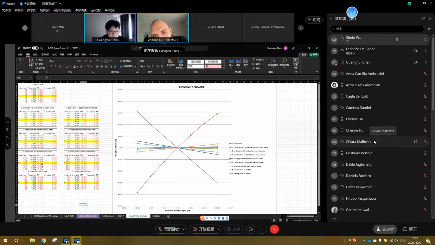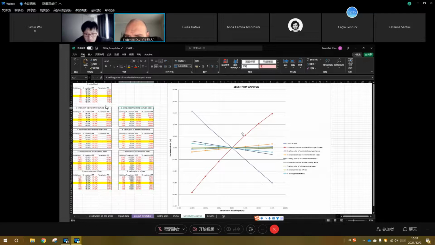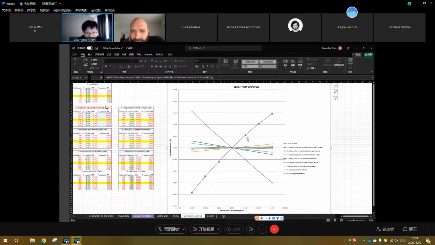Yes, we retyped the value to get a new IRR number, and I think maybe because the residential courtyard area is very large, these two lines have large variation. It changes the behavior of the line related to construction cost and residential courtyard area, because it is not a perfect line, and it's strange. You mean these two lines? Yeah, the last point is a little bit